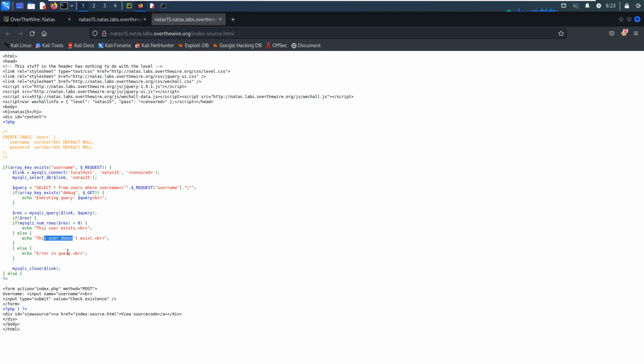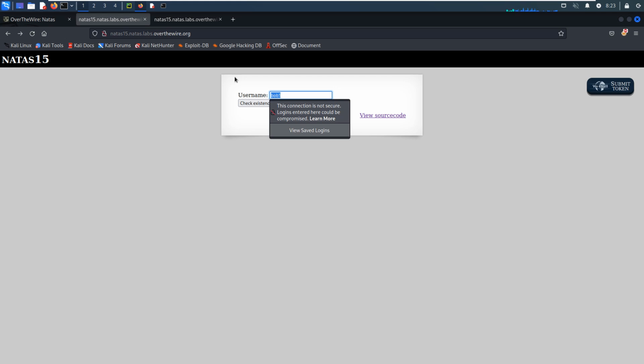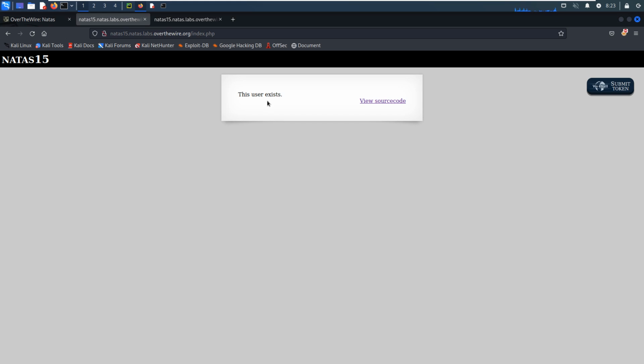Okay. So how do we do this? I think first of all we need to identify whether the username natas16 is in the table, and we can put natas16. Okay, this user exists in the table. Great. So what we have to do now is retrieve the password for this user.